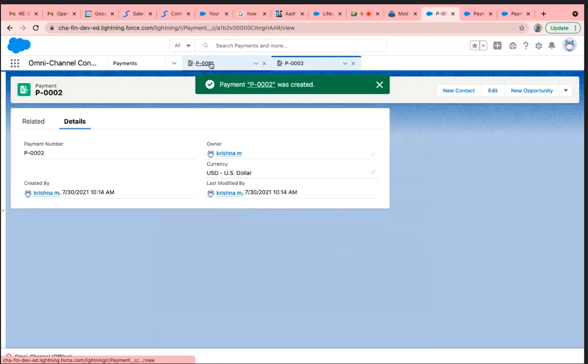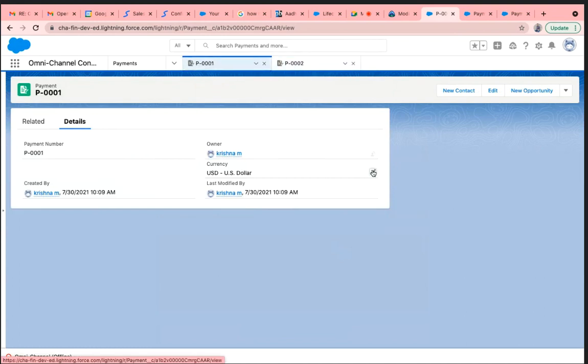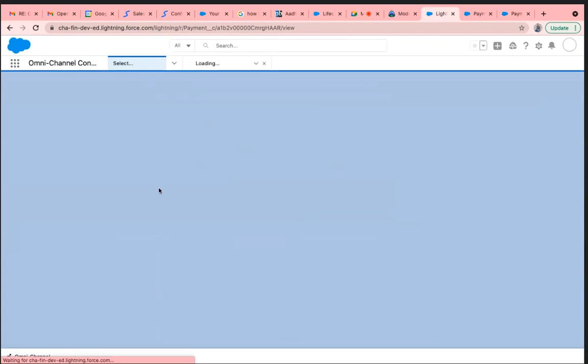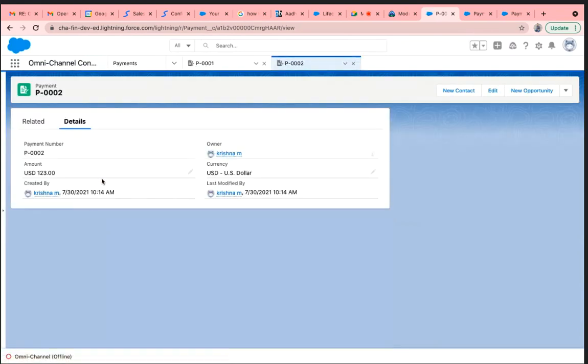Now if I click edit and save it, nothing is updating at all. The same record I am getting here. Whenever I was creating the record, at that time it was showing this amount. Are you getting me? I chose the data type called amount, which is a currency, and then it comes automatically as USD. Okay.